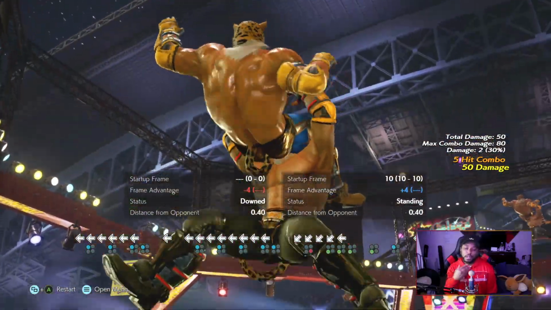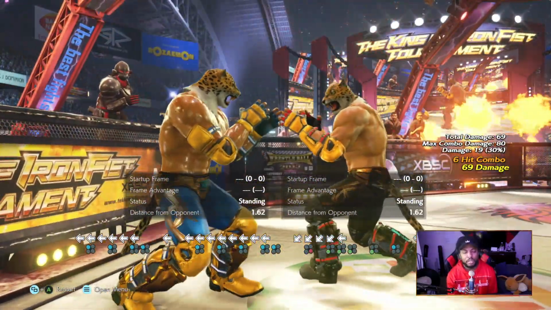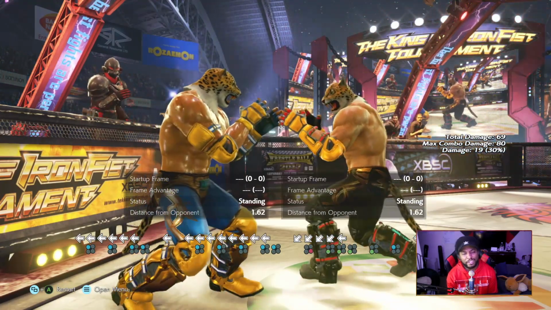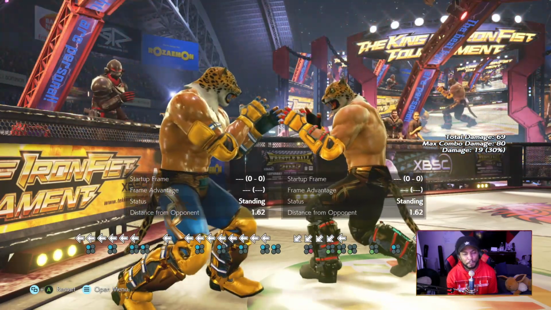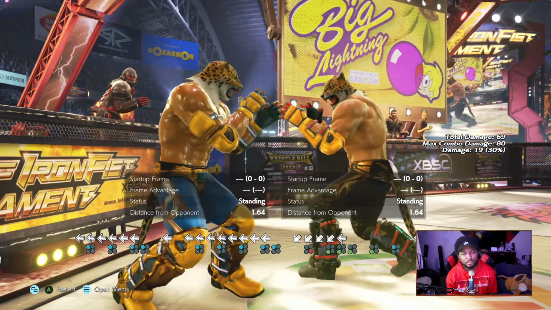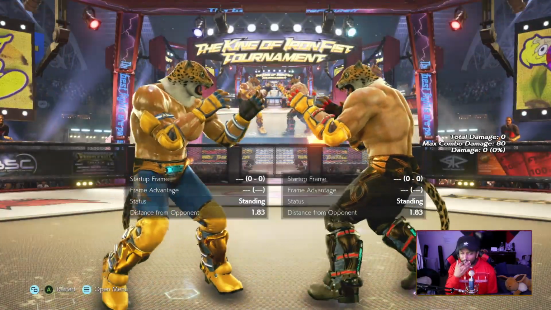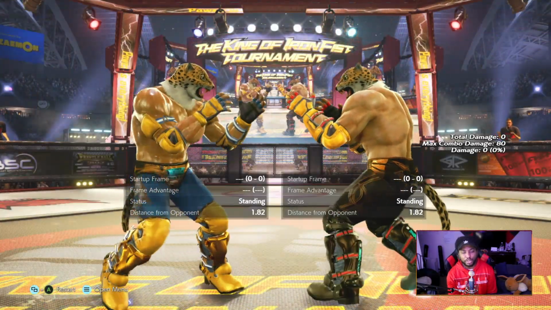There. So 69 damage, very solid damage without a wall. That's a little bit over a third of the health bar. No, more than a third. I'll say almost half. About 11 damage to half. So that's pretty good. Another bread and butter combo that you're probably gonna be doing is this